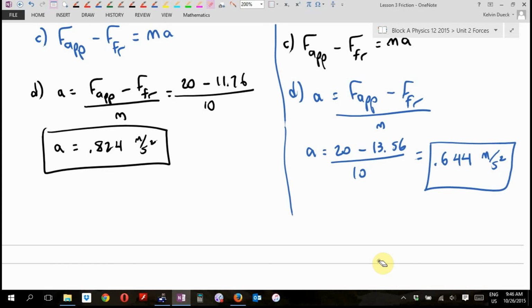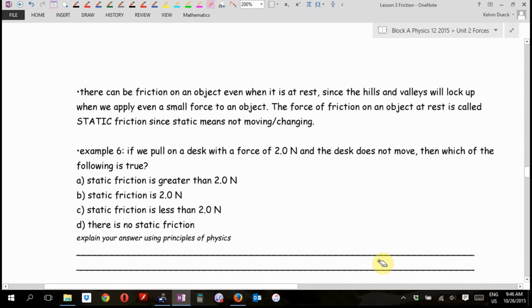Is that what happens in the real world? So friction is a weird force, Jake, in that it's only as big as it needs to be until it reaches its maximum. What's its maximum? Mu times the normal force. Is that okay? And it's even weirder. You see, there's actually 2 types of friction. Now,